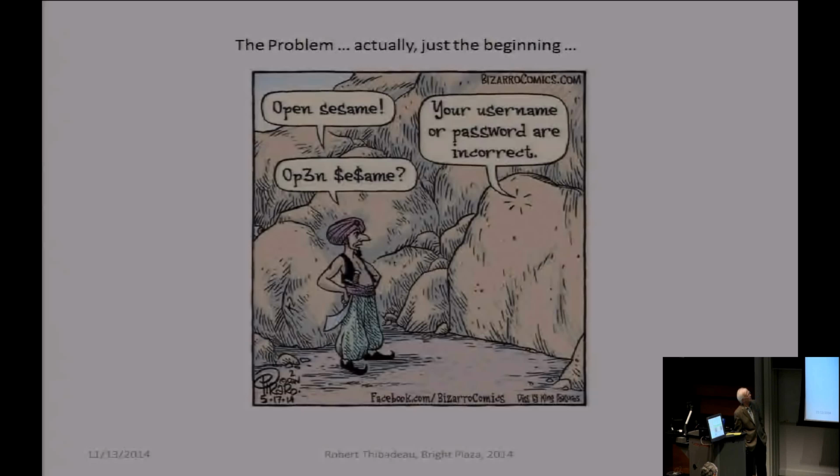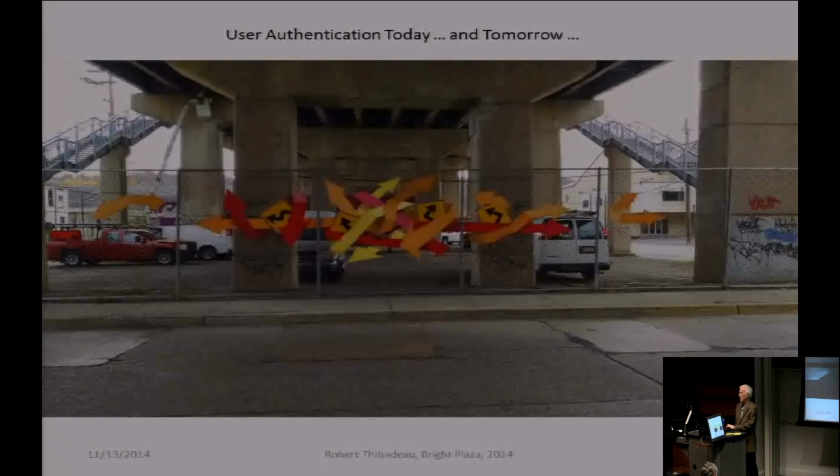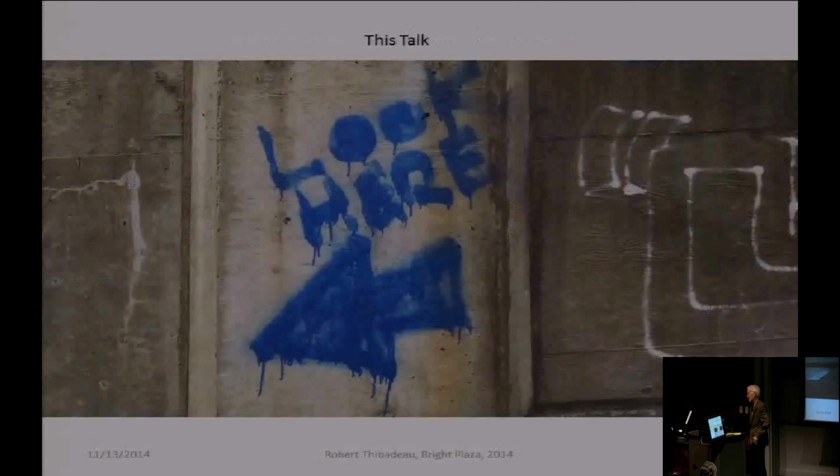This is a sort of a recent comic on this stuff. But this is a picture of under a bridge in Sharpsburg. So I have an office building in Sharpsburg that sort of shows the best that user authentication has become. Okay, so all of those are access controls, and then you guess what you do to get through all those places and so forth and so on. Who knows? So this is also on the bridge over there,